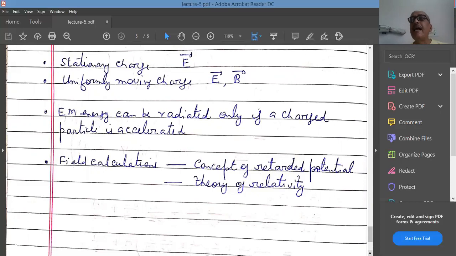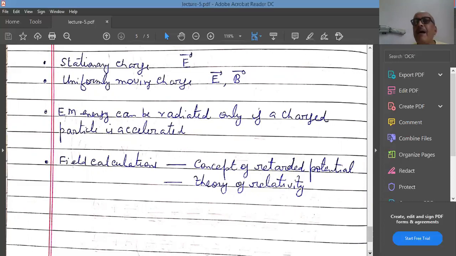I will say that the cause occurs at the source point. We have a source, a charge that is moving at relativistic speed. So here, that is the source. The cause occurs at the source point, but the effect occurs at the field point. I gave you the example of the aeroplane. So the cause is produced, but the effect is seen at the field point.